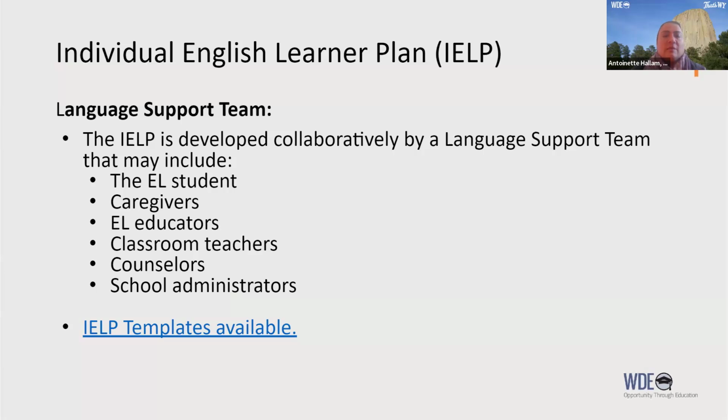By leveraging the diverse expertise and perspectives, the team ensures that the IELP addresses not only the educational goals of the student, but also the necessary accommodations and supports, and can also include functional, personal, and cultural goals for successful